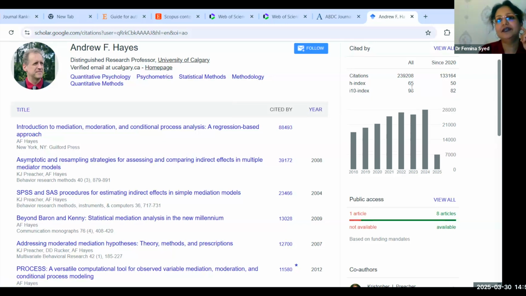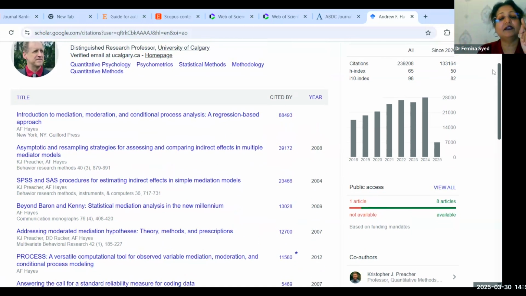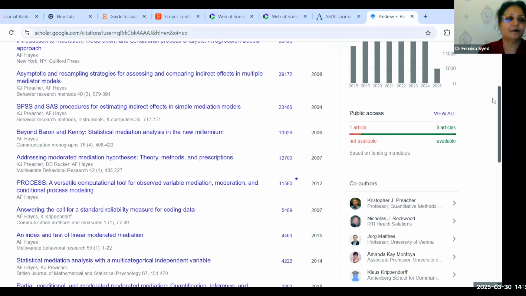Imagine, it's really gigantic. 98 means there are 98 articles which have got at least 10 citations. Usually the i10 index is very low, 18, 27, that's the max. But this person has got 98. Just imagine, he has got 98 articles which are each cited at least 10 times.